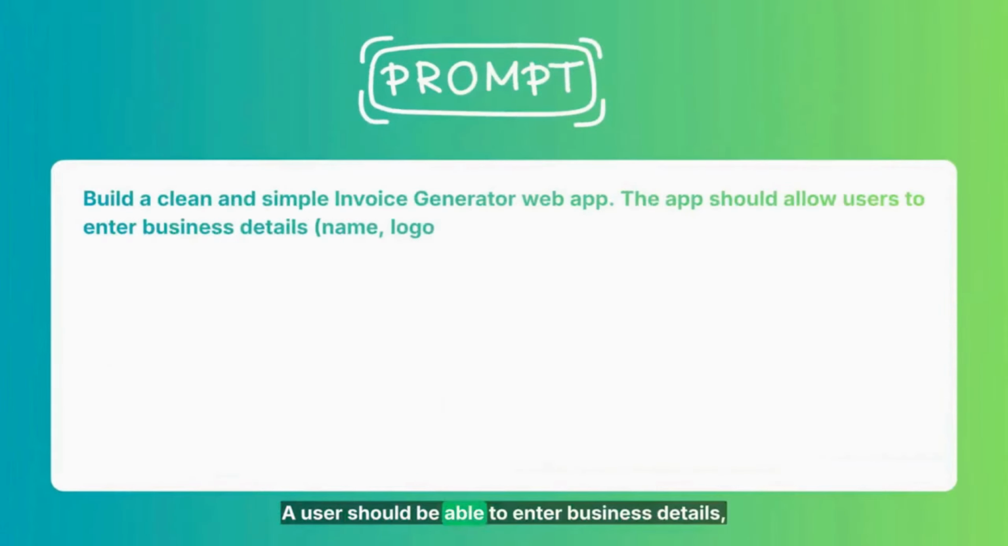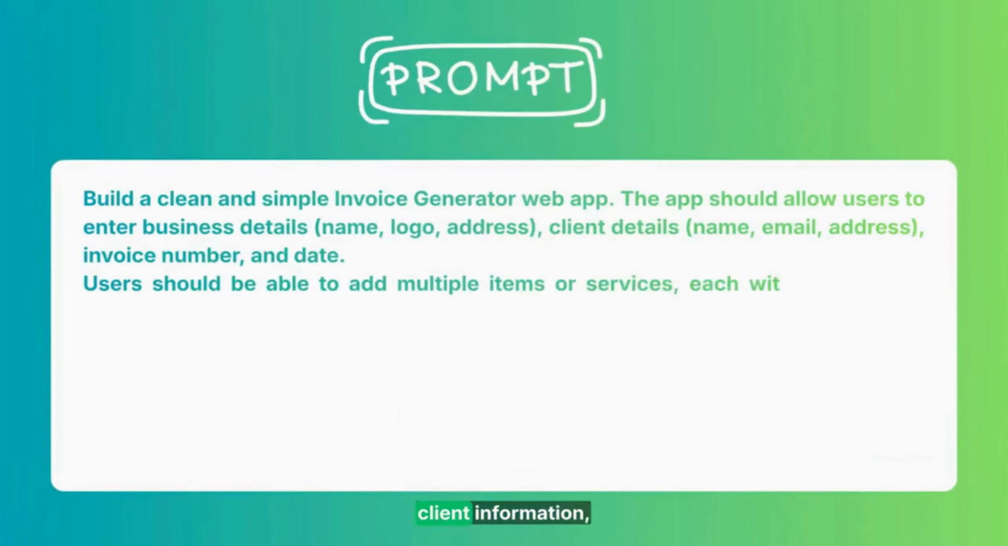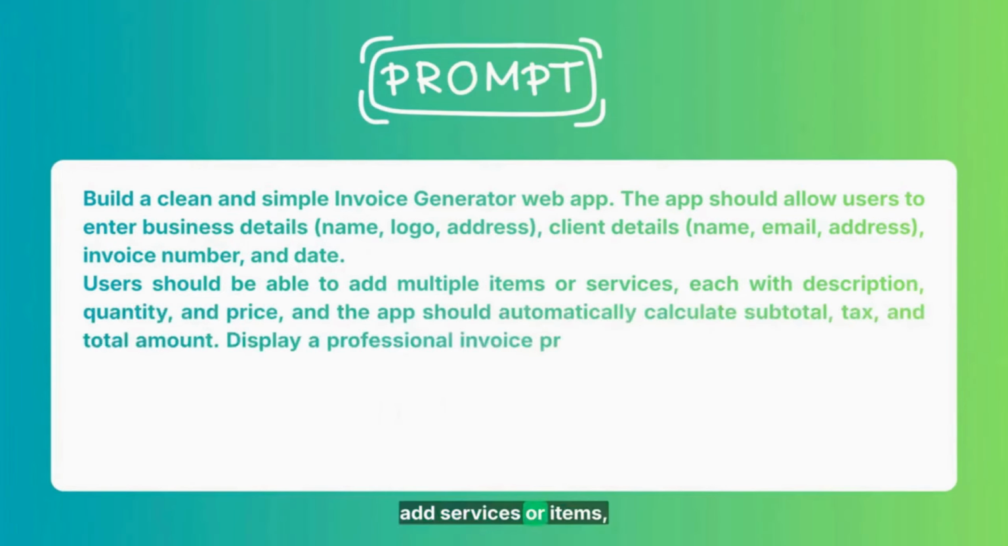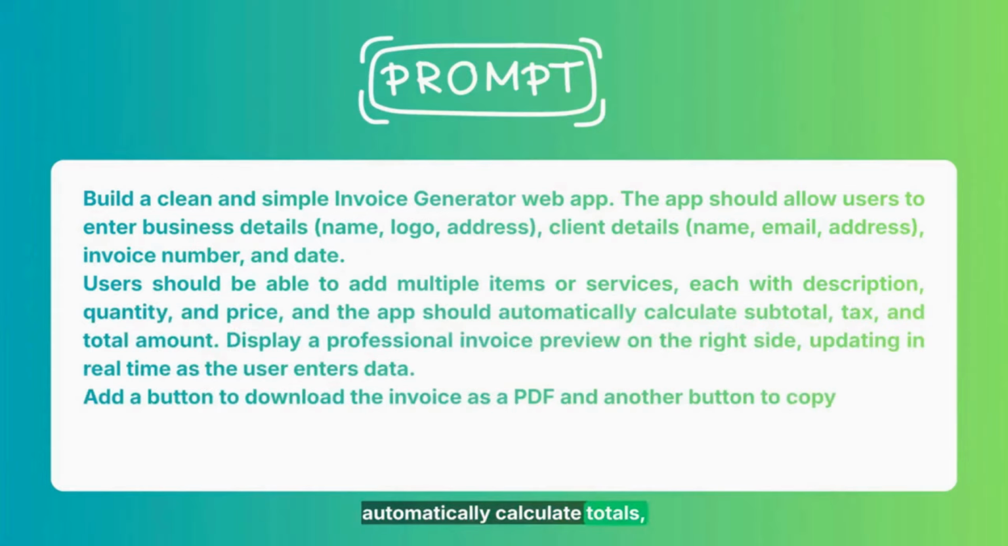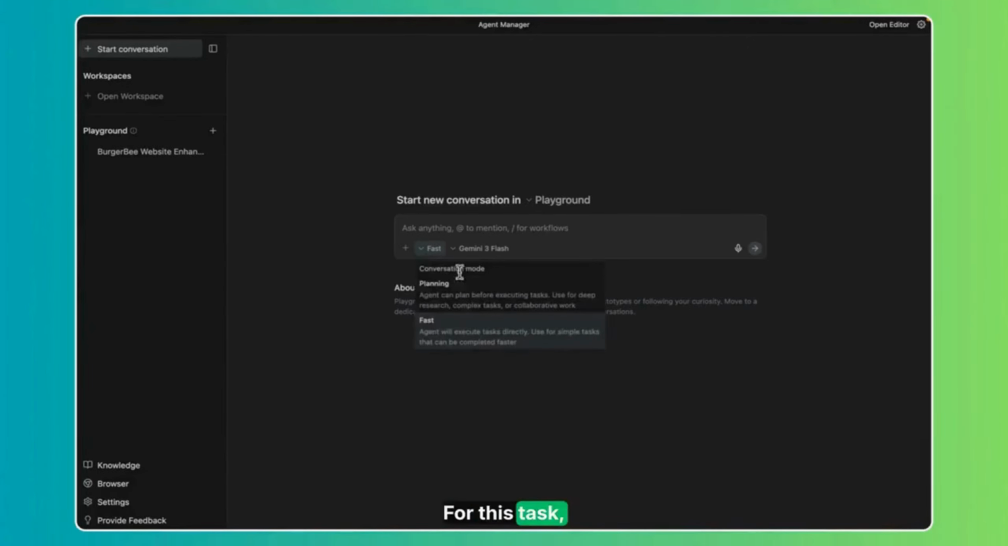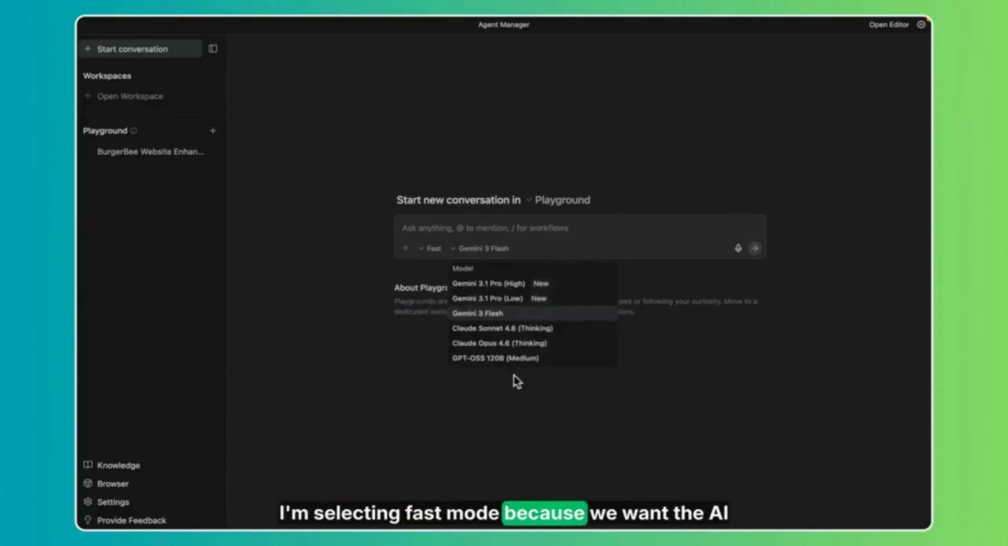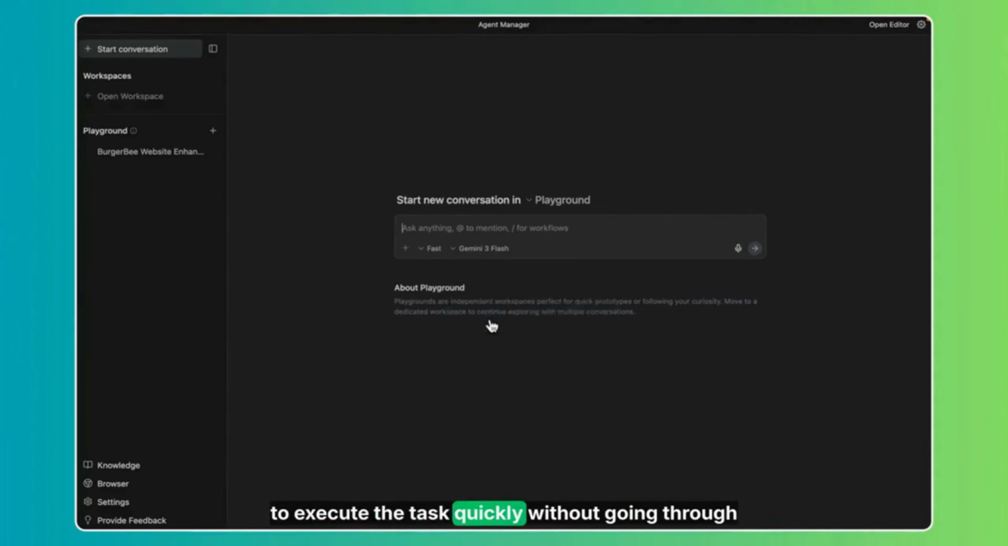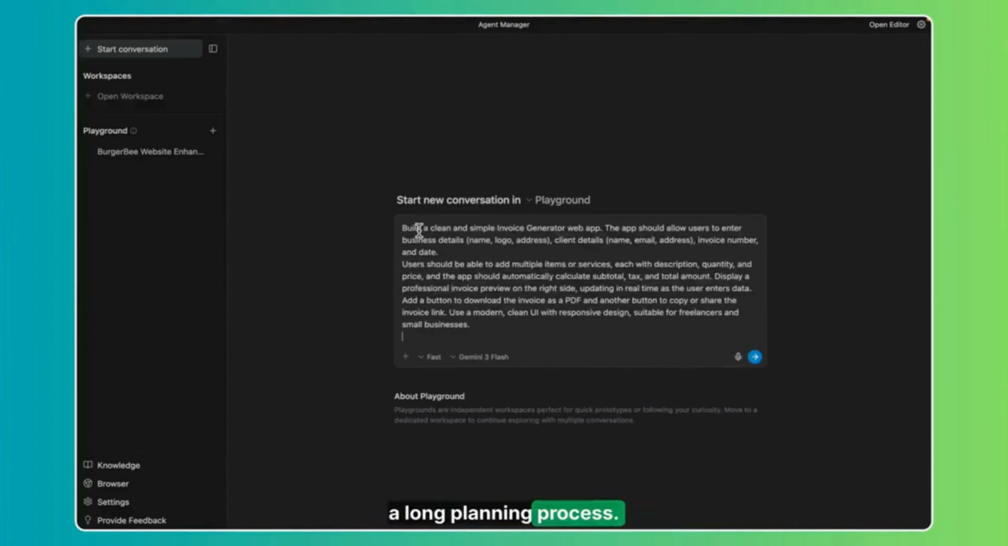A user should be able to enter business details, client information, add services or items, automatically calculate totals, and generate a clean, professional invoice. For this task, I'm selecting Fast Mode because we want the AI to execute the task quickly without going through a long planning process. And for the AI model, I'm choosing Gemini Flash, which is a faster model and works really well for building